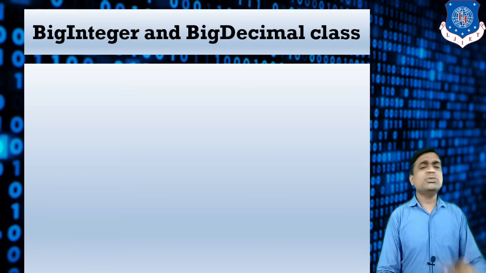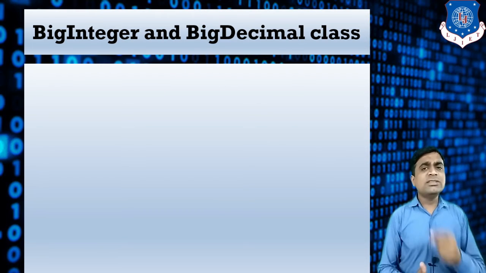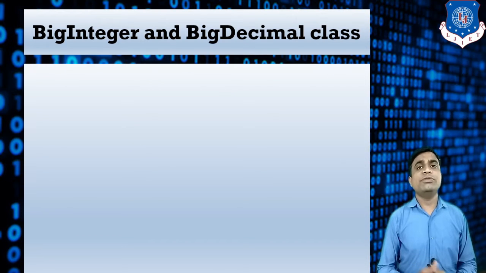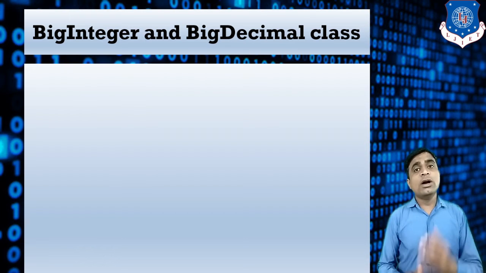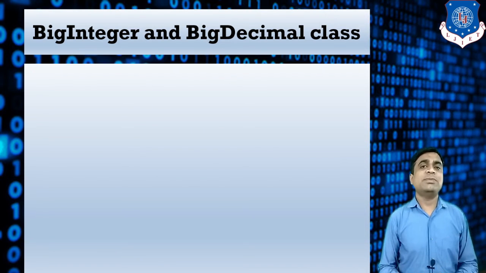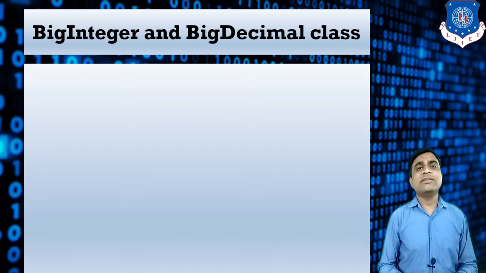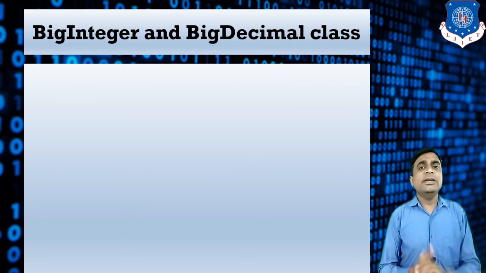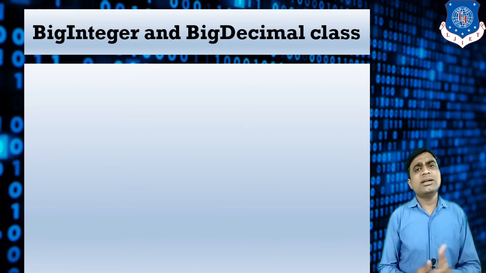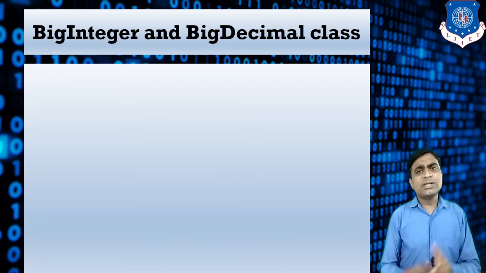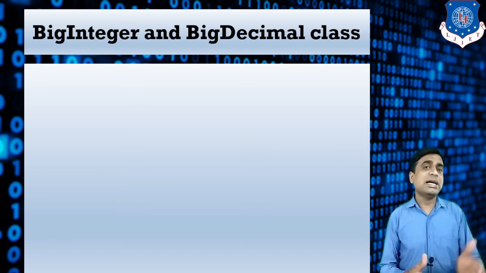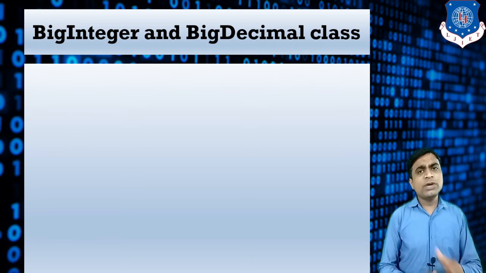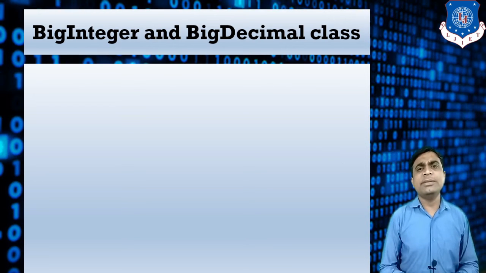Now suppose you are talking about C and C++, there is one problem in the program. Like if you want to find the factorial of 50, or 100, the answer will not be displayed in this language, because there is some limitation of the range in this data type. Suppose you are talking about the integer, there is a limited range of the integer. In Java, there is also some limitation of this data type.